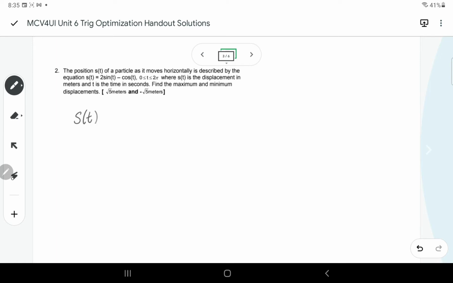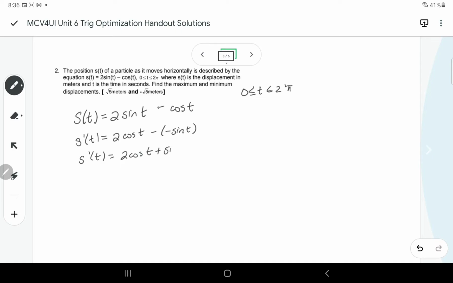So here we've got 2 sine t minus cos t, and we are given an interval. So we want to find the derivative of my displacement. So this would be 2 cos t minus negative sine t. So that's going to be plus. And we want to find where this derivative equals 0. So that would be negative sine t